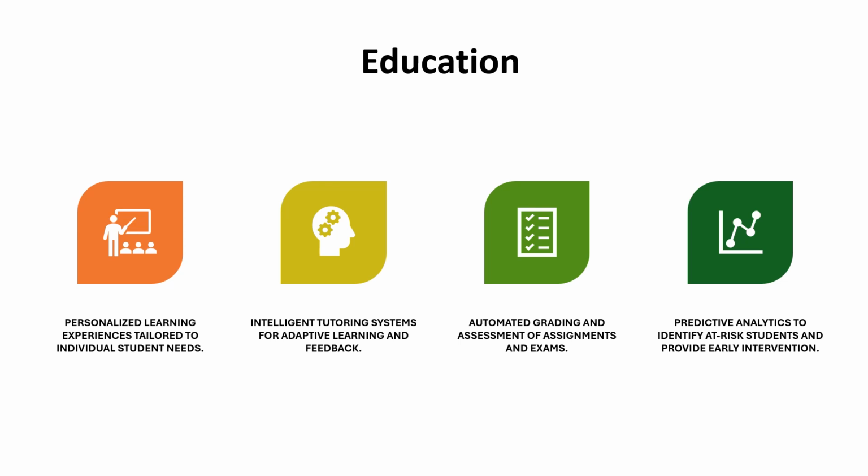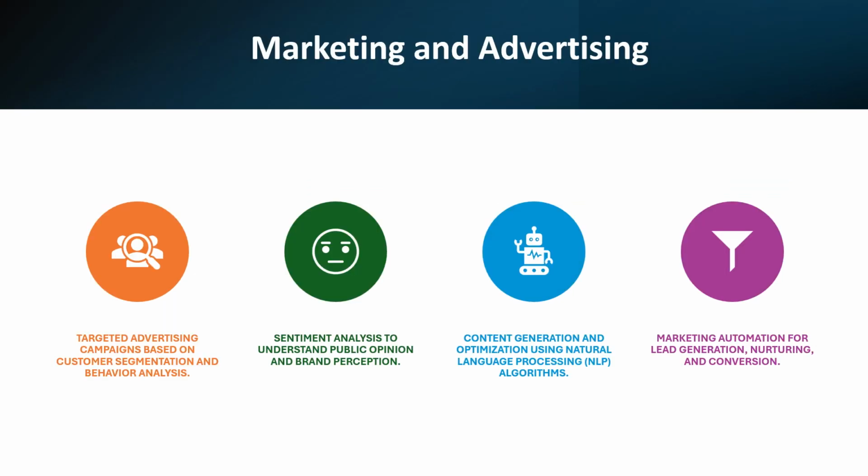So in marketing and advertising: targeted advertising campaigns based on customer segmentation, behavior analysis, sentiment analysis to understand the public opinion and brand perception, content generation optimization using natural language processing algorithms, and marketing automation for lead generation, nurturing, and conversion. So here marketing means basically you detect a specific customer segment using the data which you get